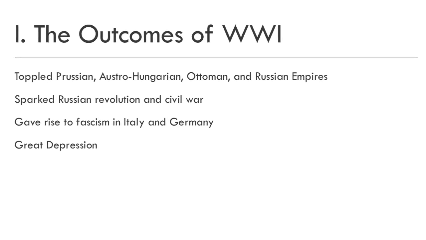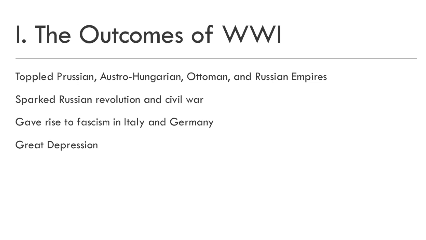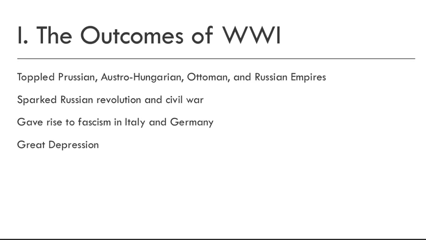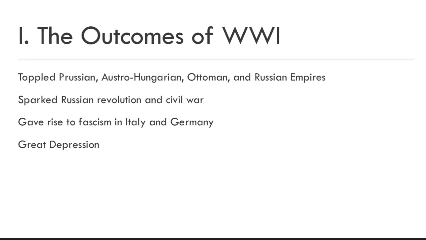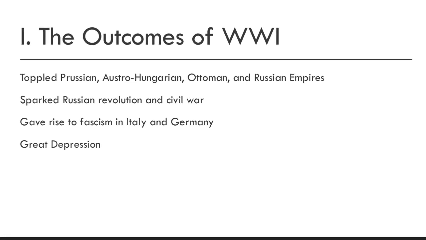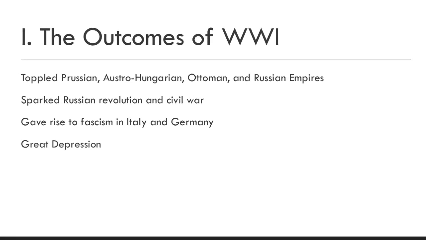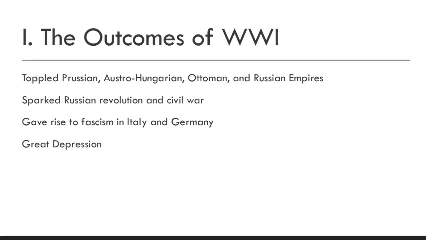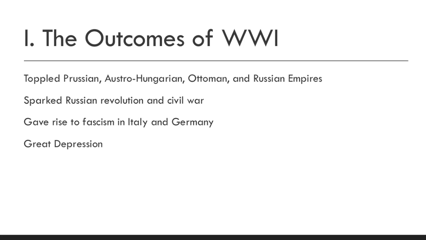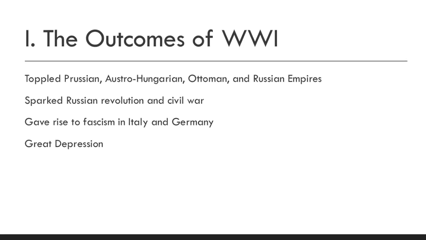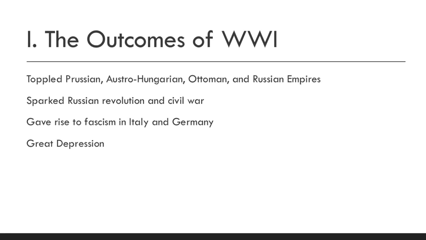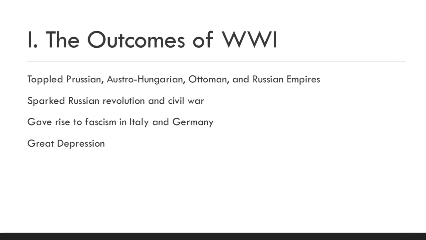The Russian Revolution begins in 1917 and leads to the early exit of Russia from World War I. The communists come to power, the Bolsheviks come to power, which are communists. Vladimir Lenin, after a short civil war, is installed as the leader of Russia, and then eventually Joseph Stalin. So in World War I, we see almost the origins of the Cold War, right? So the Cold War existed because of the ideological differences between the United States and the Soviet Union, which gets established in World War I.